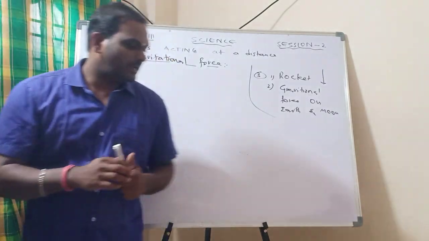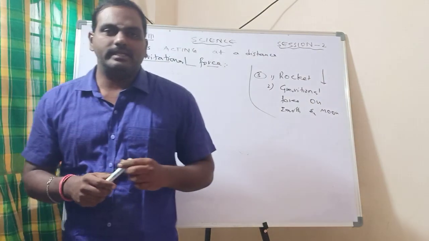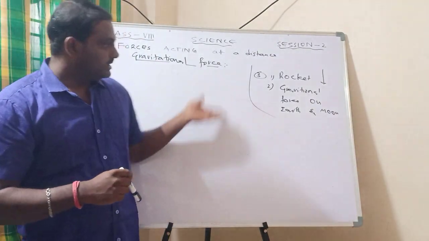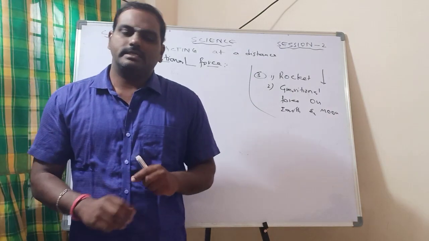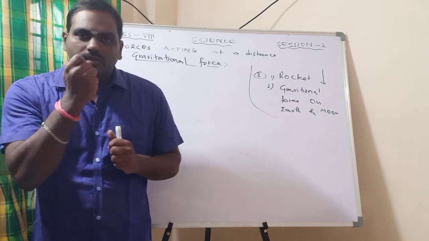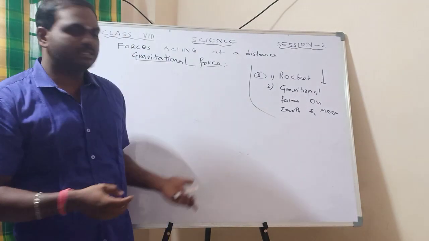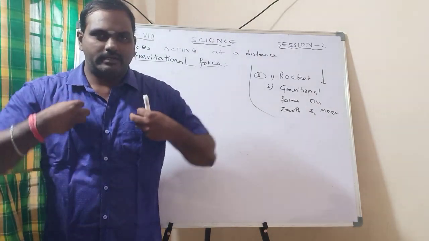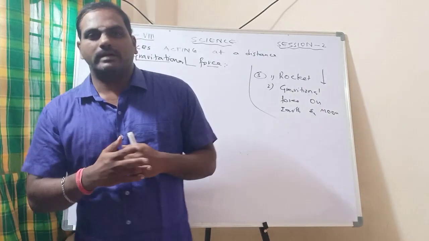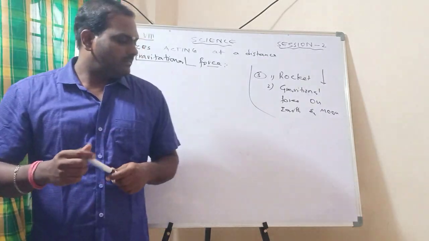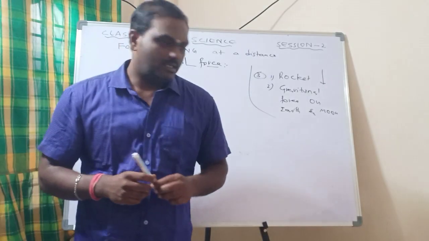So these are the 3 examples and 2 activities I have explained. I will explain one more activity after this concept. If any students are interested, you try to do it with physical contact. Now I just explained this one. Even if I get a chance, I will also do that one. First, students, you try to do it. In that we will find out the best and we'll do it.